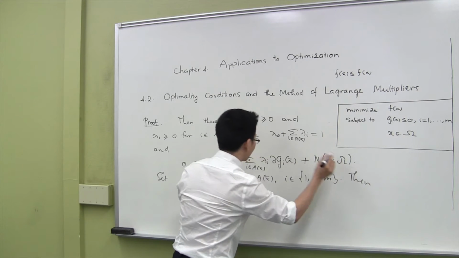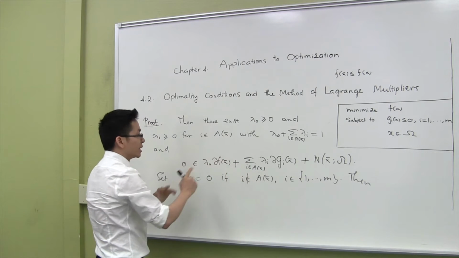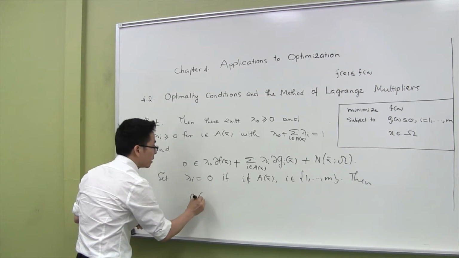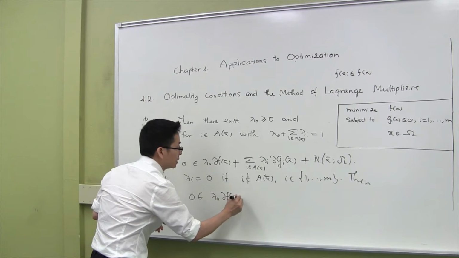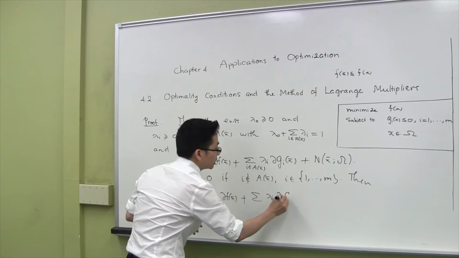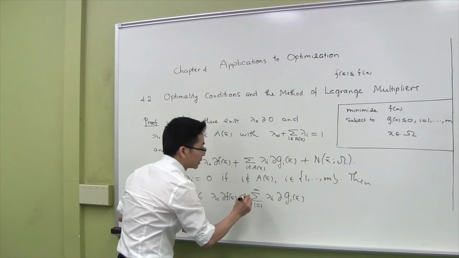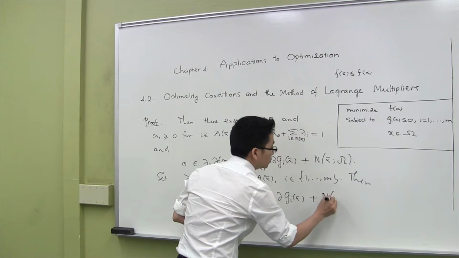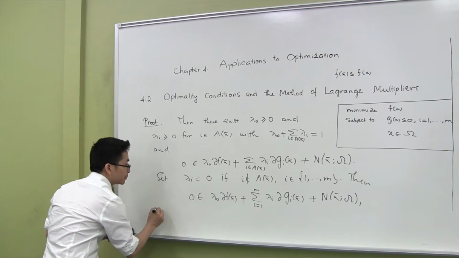Then from here, because when we add 0, the sum doesn't change, 0 belongs to lambda naught times the subdifferential of f at x bar plus the sum of lambda I times the subdifferential of Gi of x bar, where I runs from 1 to m, plus the normal cone to the set omega at x bar, where